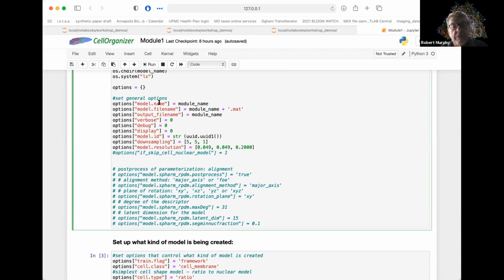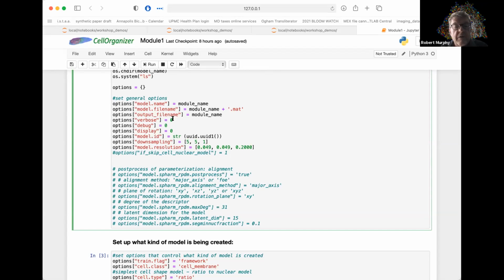So in MATLAB, this would be model.name equals module name. In this case, we're setting that entry into the dictionary. All right. So options for how much we want it to report,